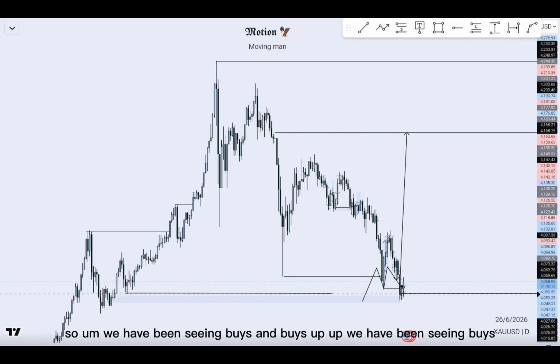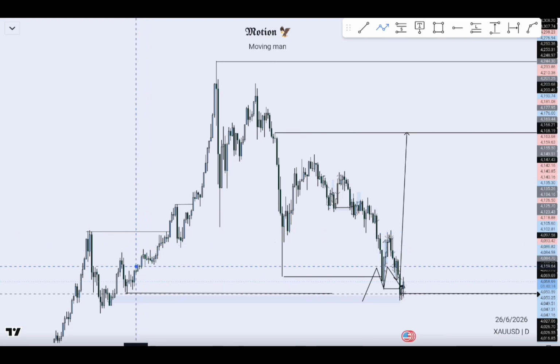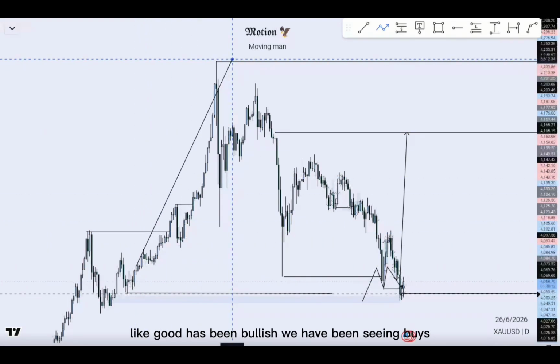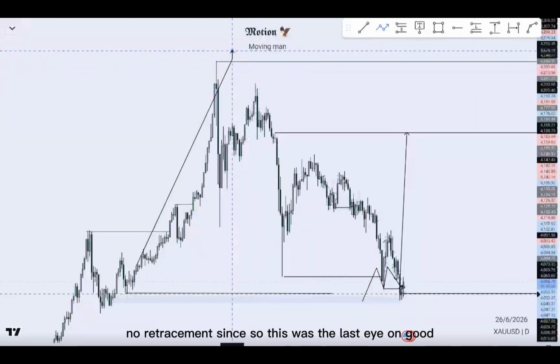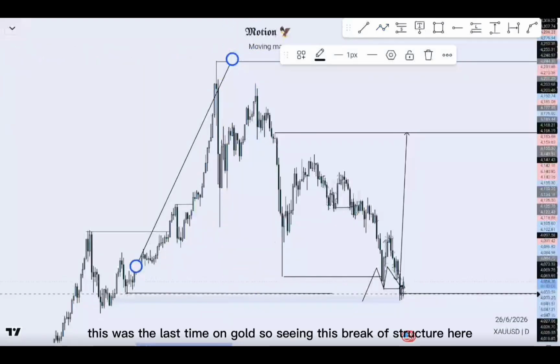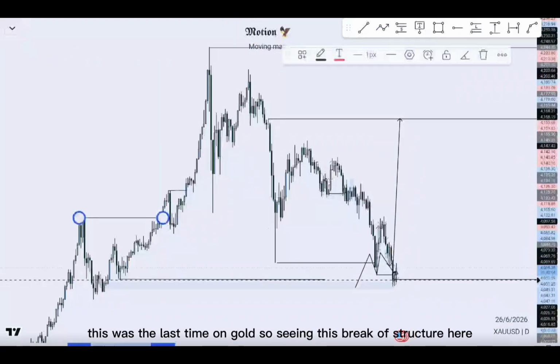So we have been seeing buys and buys up. Gold has been bullish, no retracement since. So this was the last high on gold. So seeing this break of structure here,